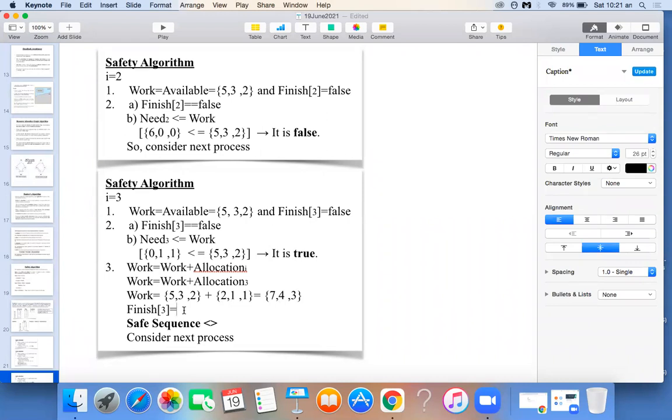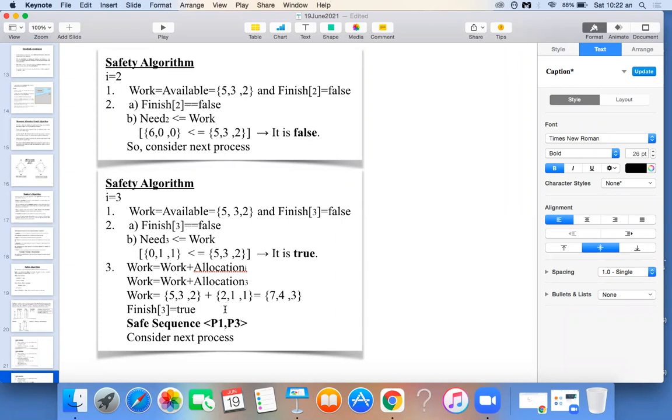What is the next thing we have to do? We have to make that process as completed because you have allocated that resources already. So you have to make that process as finished. So finish of 3 is equal to true, we write. Now can you tell what is the safety sequence now? P1, P3. P1 and P3. It is not just P3 because P1 has already executed. No, you have to consider that one also. First P1 has completed. Now P3 has completed, we have to write. Is it clear? Okay. So this is your safety sequence. Means in this order, the processes have completed their execution.